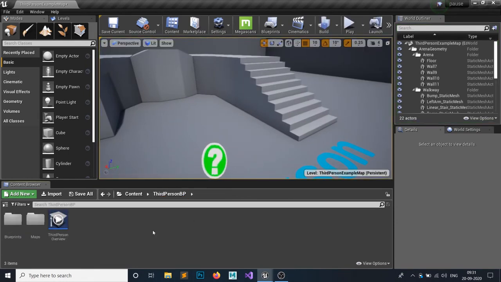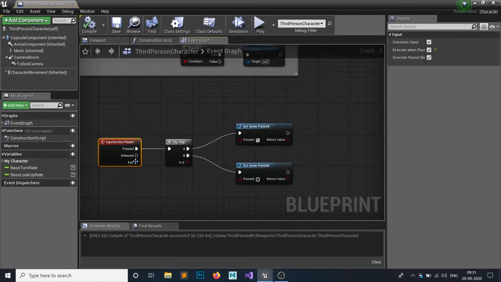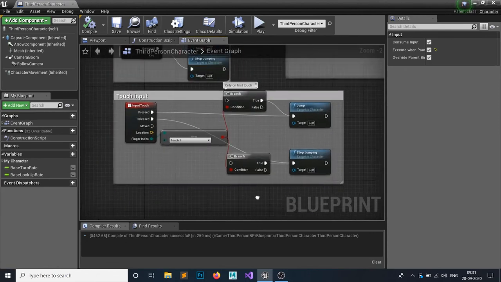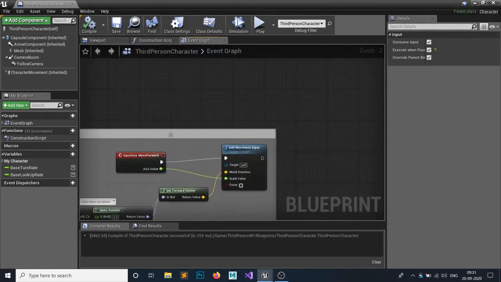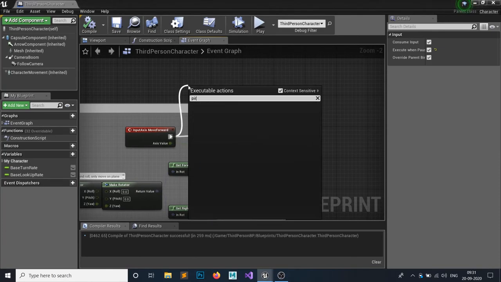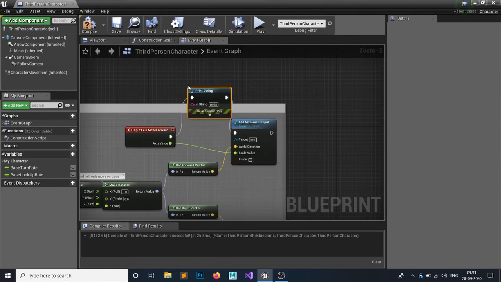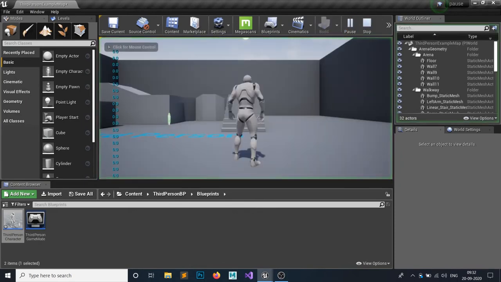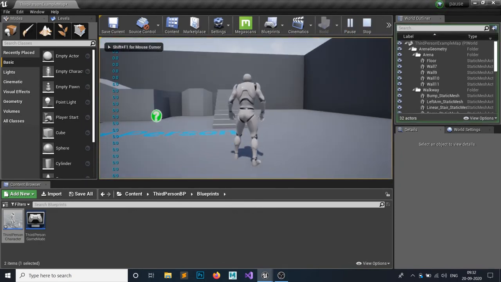Other thing we're gonna do, the action mapping and the input action. So let me give a thing. This is our move forward. If we print something, so print string, if we print this axis value and let's hit play, you're gonna see on the top left the 0 0 0, and it is printing 0 every single frame.